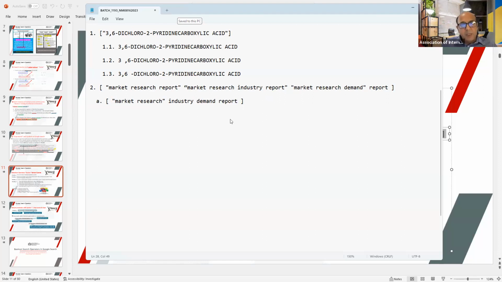Now I have all the words, but it is not making sense for when I want to look for the market research demand, because it is not gelling. Yet market research together has to appear as two words or one search term. So I have to put it within quotation marks. So what I would do is, I guess,